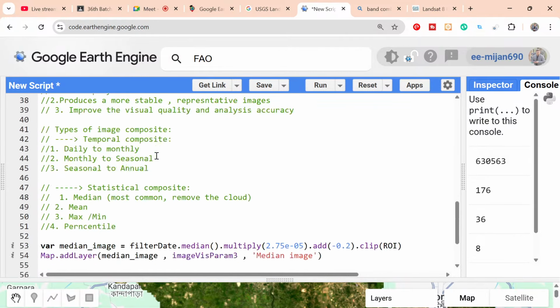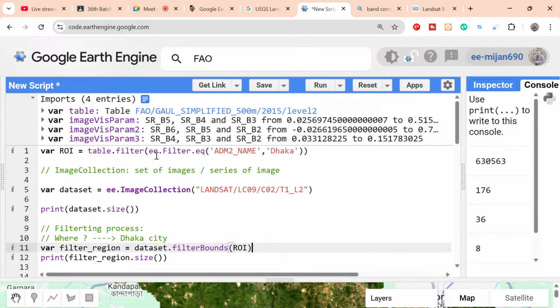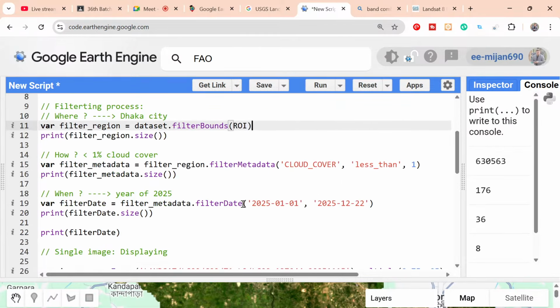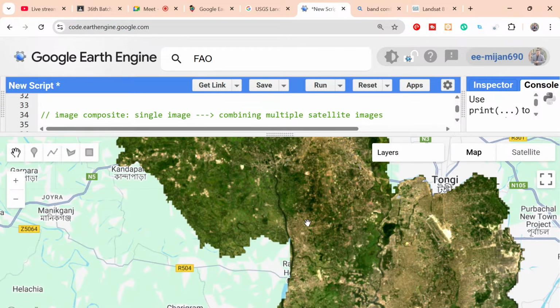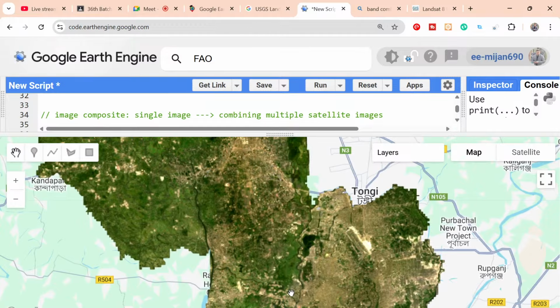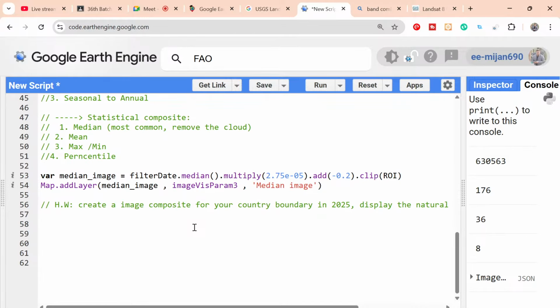Now we will try to explain how to work with that image collection. This image collection we can also export. Suppose I simply export this image collection, and further I want to work with other geospatial software like ArcMap or QGIS software. That is also possible. So let's discuss how to export